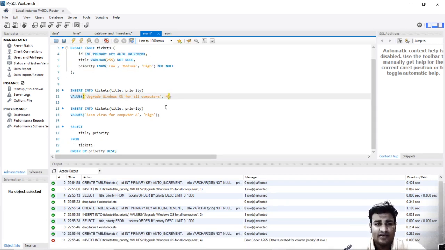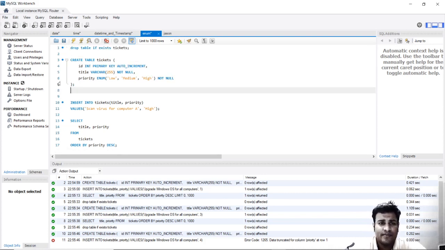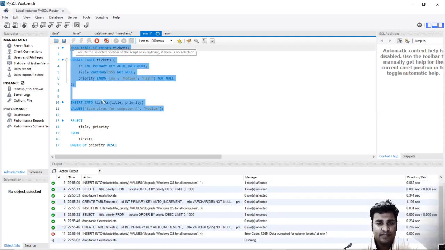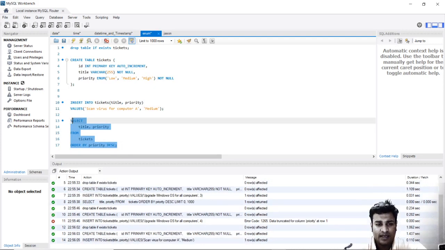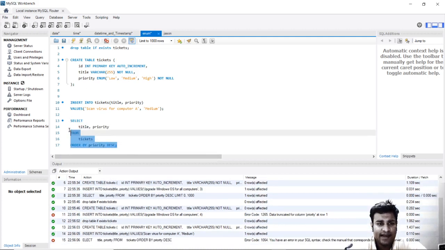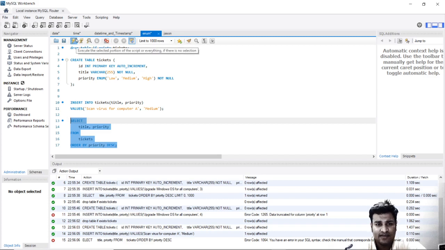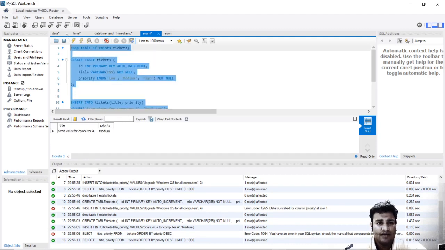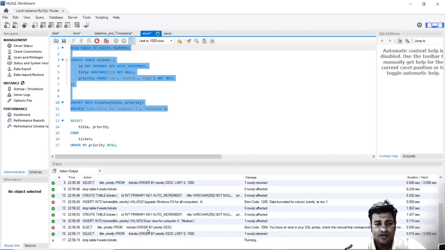So again, in a similar way, you can either use numbers in enum, or you can use the value itself. So I will go ahead and change it to medium, and let's see. Okay, because we have not selected it, that's why you have an error in the syntax. It is good now. It comes out to be medium, but if we use anything else out here, it will give an error saying that value is not present.